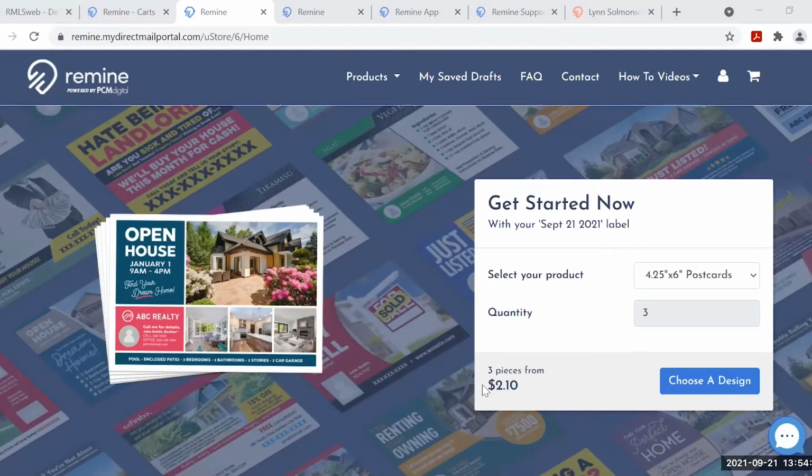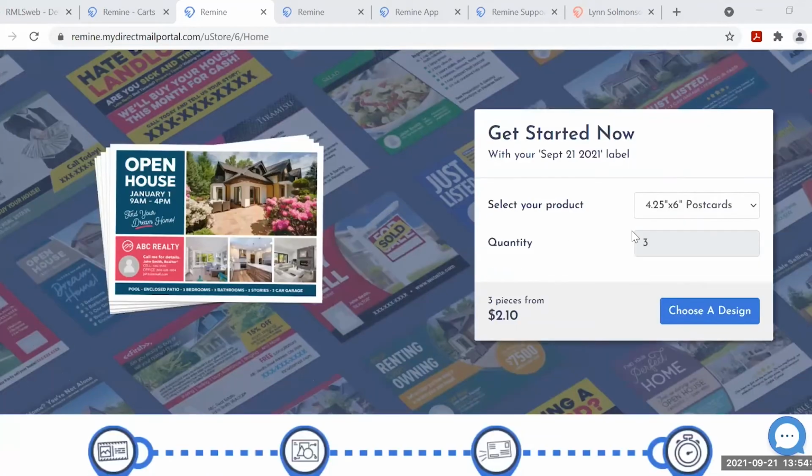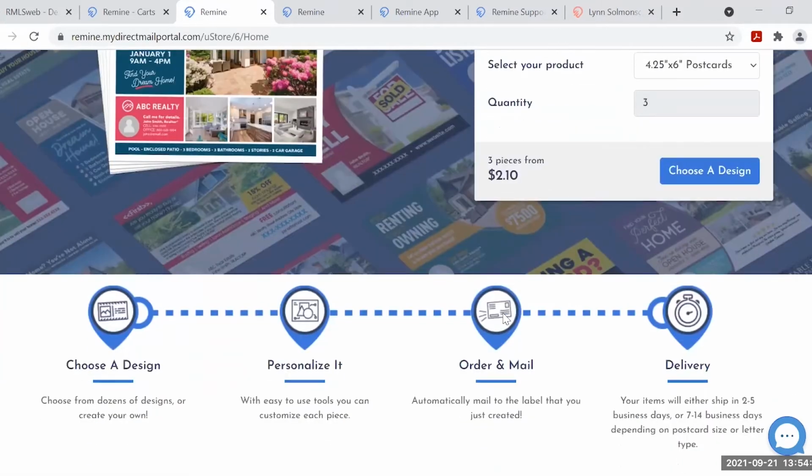They have a relationship with a printing company, and you can see based on your quantity and the size of product that you choose, it's going to give you a price, and that includes postage, and there's no minimum order. And so you can go through, choose a design, personalize it.